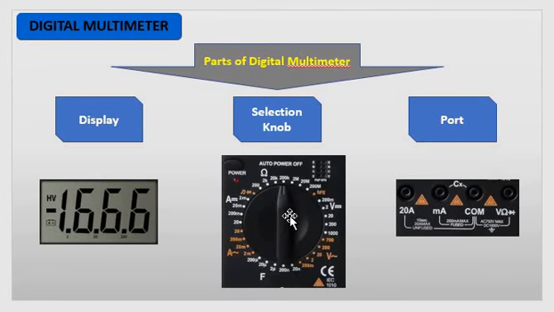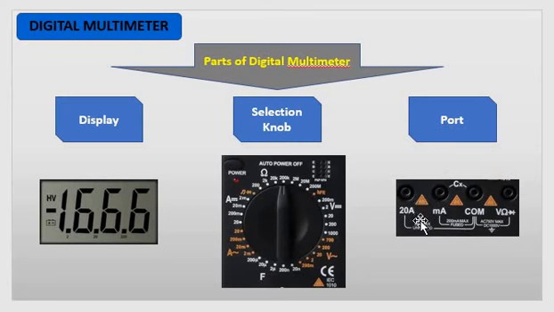Similarly for voltage, generally for voltage measurement, the voltage applied to the circuit is known, but we have to measure the accurate voltage at the time of testing or measurement instance, so that accordingly you can select the position of the knob. So this is very important. Generally the main confusion happens here, in the selection of the knob position. Then the third part of the digital multimeter is the port.